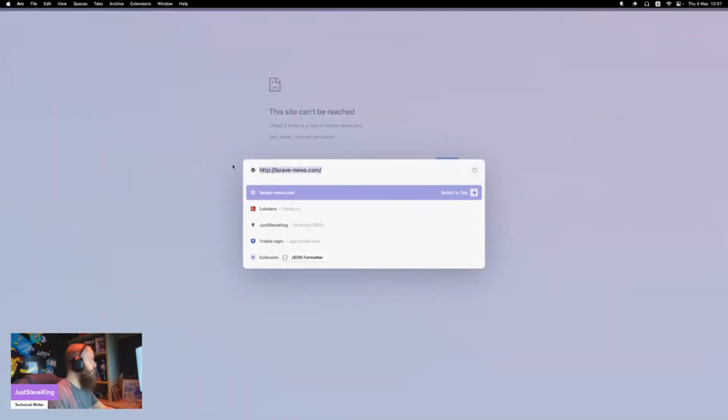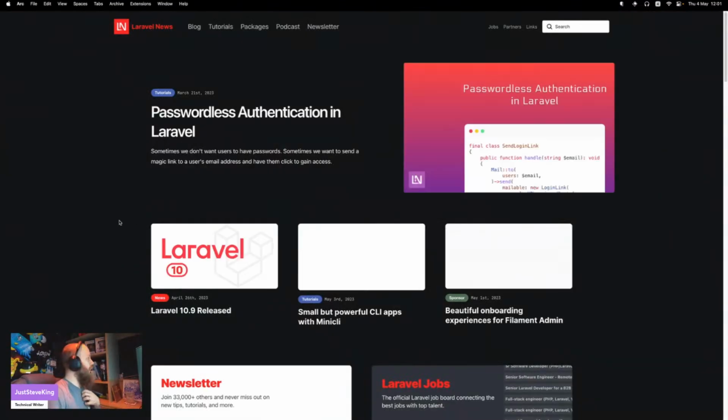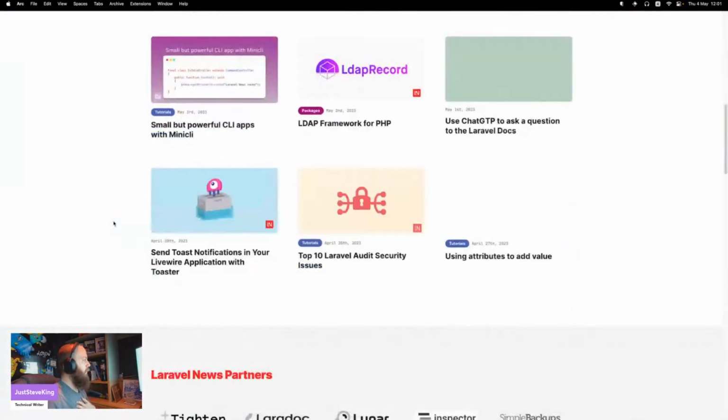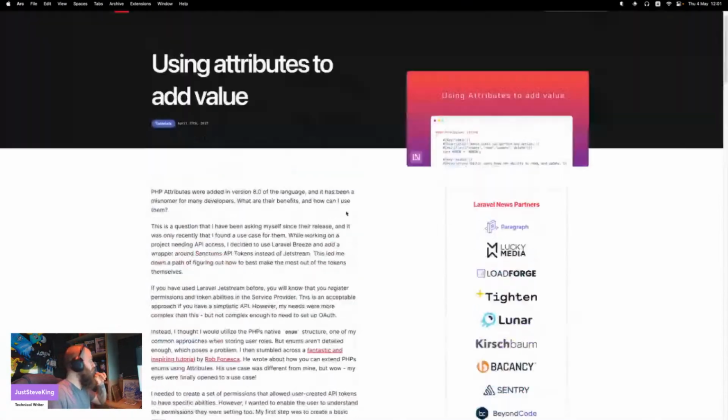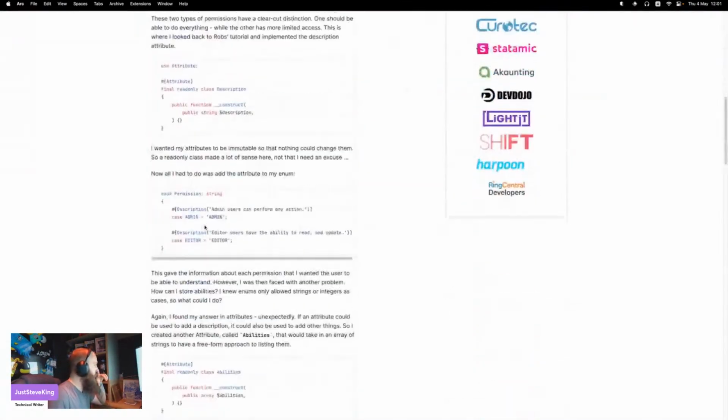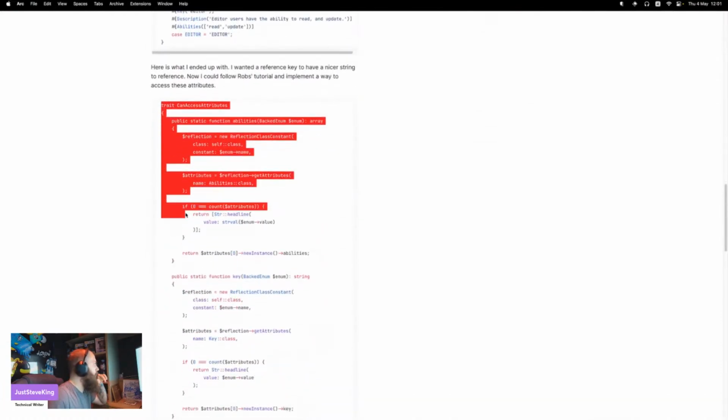What did I do wrong? Typos galore. I need to stop with the typo script, don't I? Right, using attributes to add value. Yeah, I did all of that, and can access attributes. This is what I need. Something like this. And I want to add that